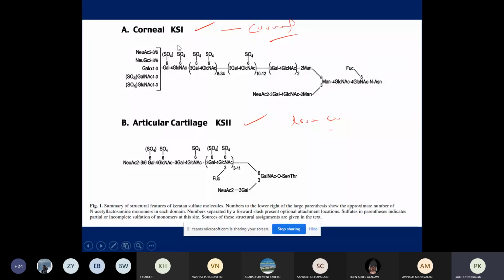The only difference between keratan sulfate 1 and keratan sulfate 2 is the site of attachment of the keratan sulfate to the protein. Keratan sulfate 1 attaches to the asparagine residue of the protein, whereas keratan sulfate 2 attaches to the serine or threonine residues of the protein for the formation of